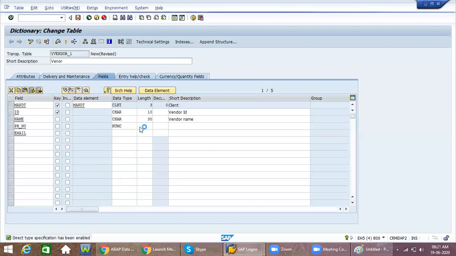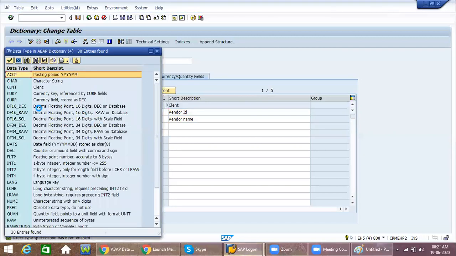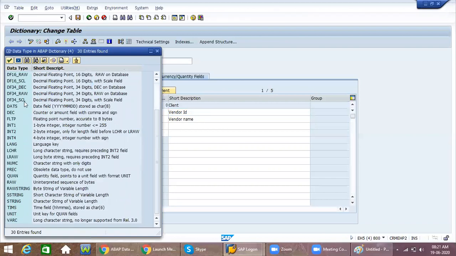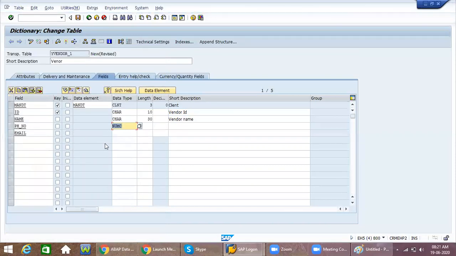If you don't know, just click F4 help and the system will give the types. See, NUMC is there, only digits. The system will take only digits, but the phone number should contain 10 length. Here we can write phone number.